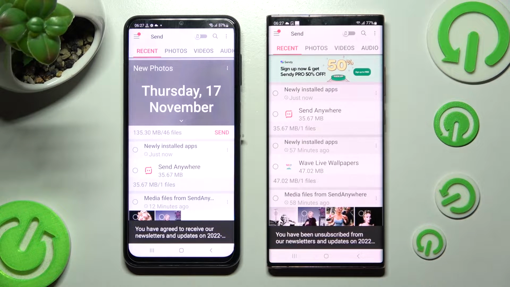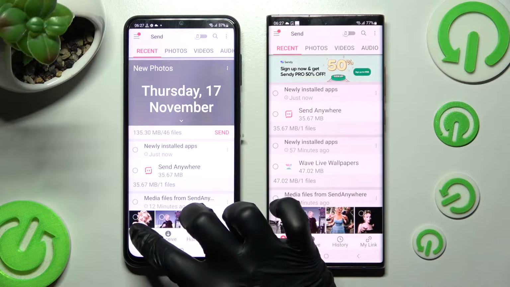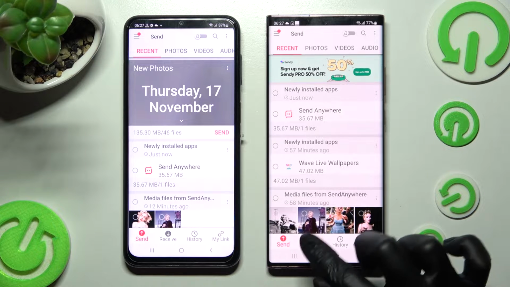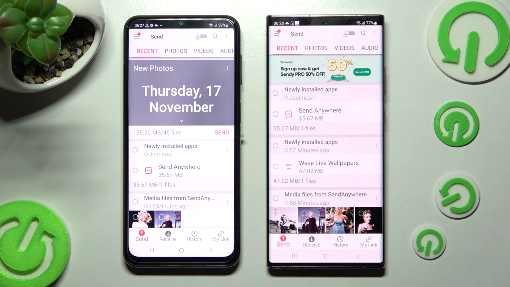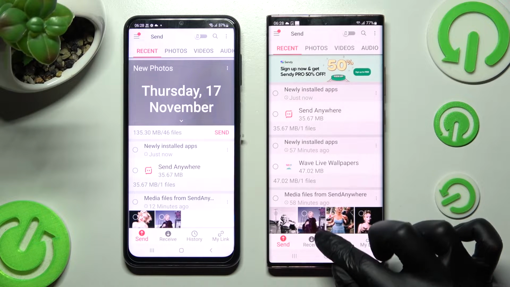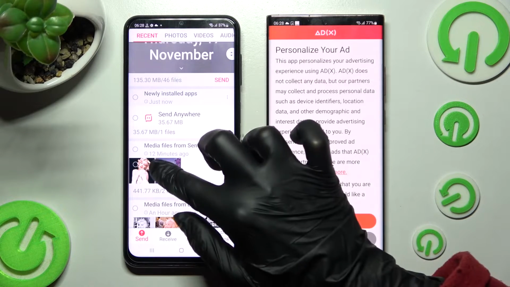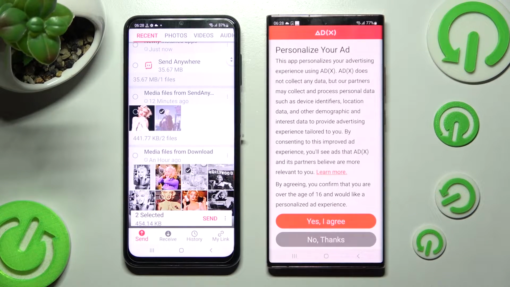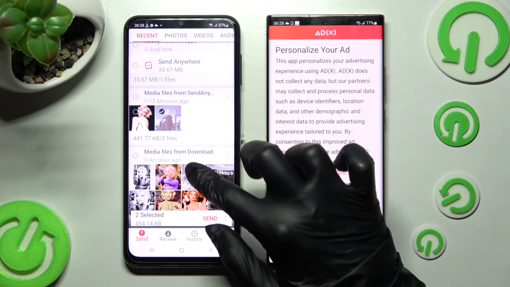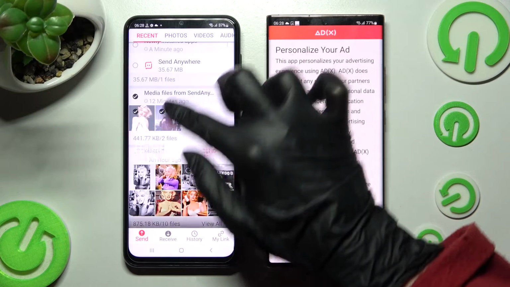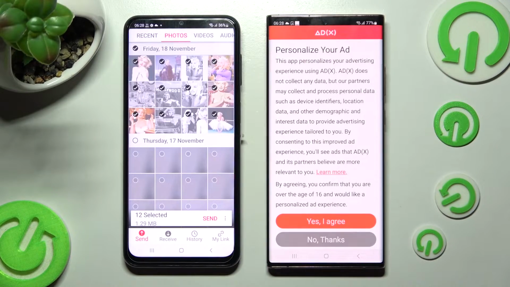Then choose Send at the bottom left corner of your Samsung smartphone and receive over here next to Send and History on Samsung Galaxy Note 20 Ultra 5G. Following that, you can tap on files that you wish to send and then send them by choosing Send next to Selected. But you can also tap on all of those dots from all of those categories and tap on